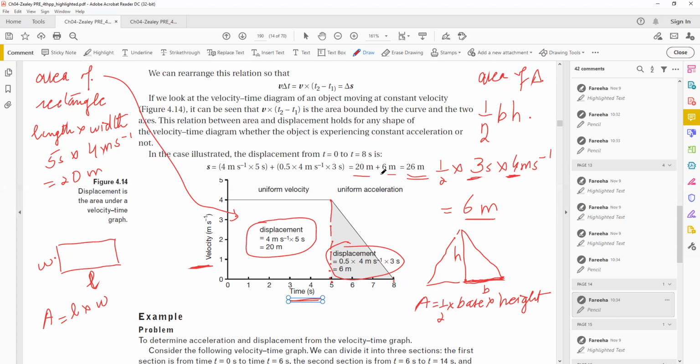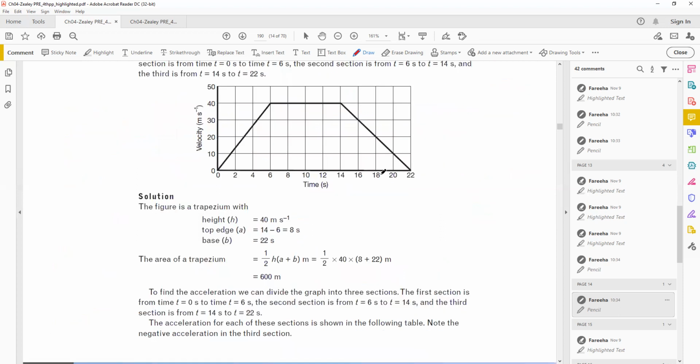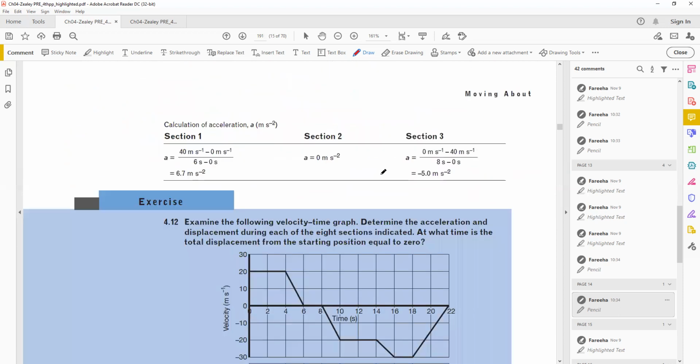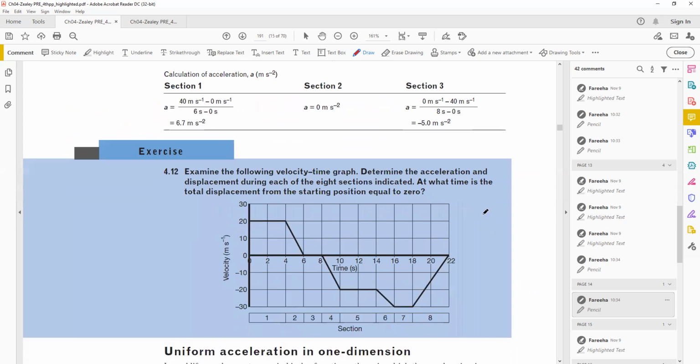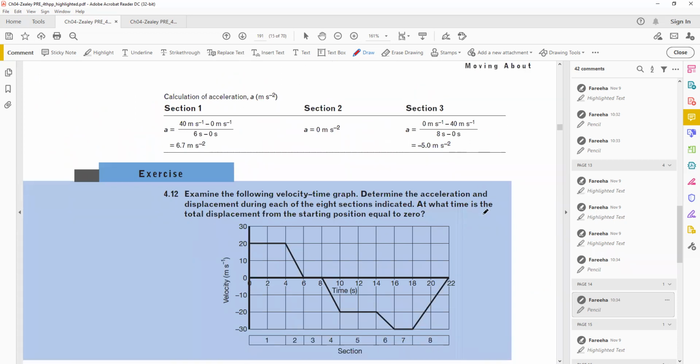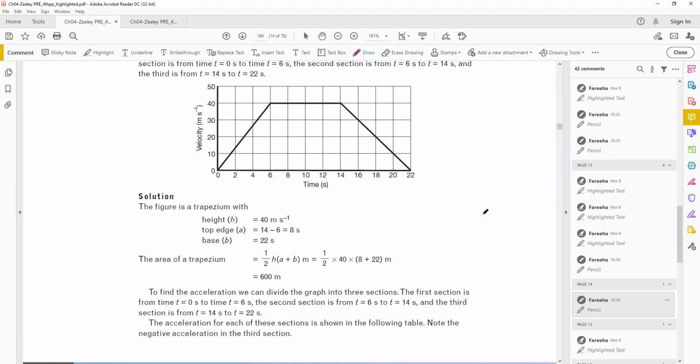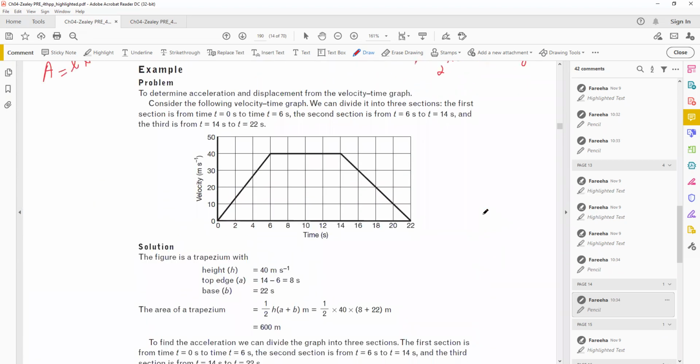Okay, very good. So now let's look at 4.12. We will not be able to complete it, but we can start explaining it a little bit and I'll leave it to you as homework. Let's start from here. In this case, we have a graph, which is a time and velocity graph, and we have to determine the acceleration and displacement. In order to determine this, we have to look at the graph,